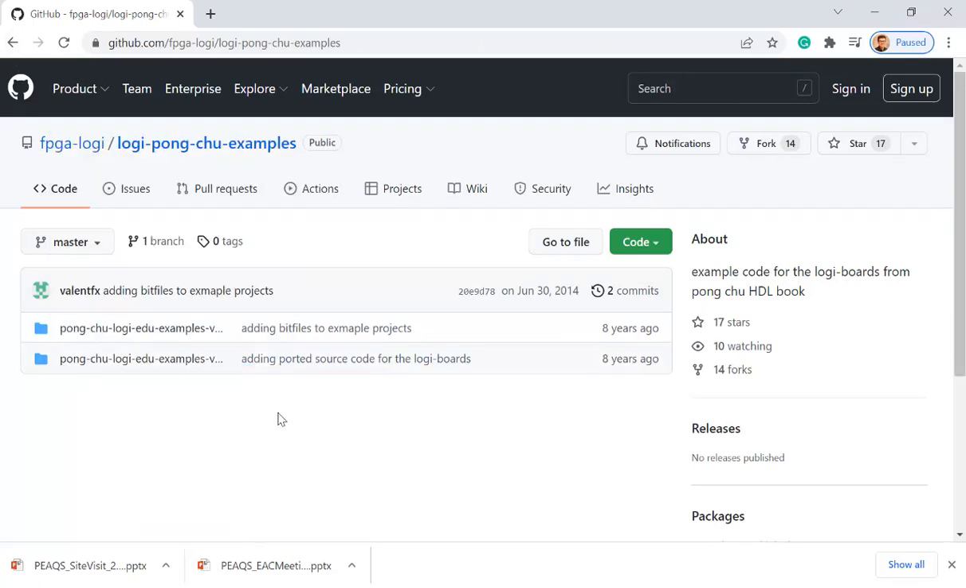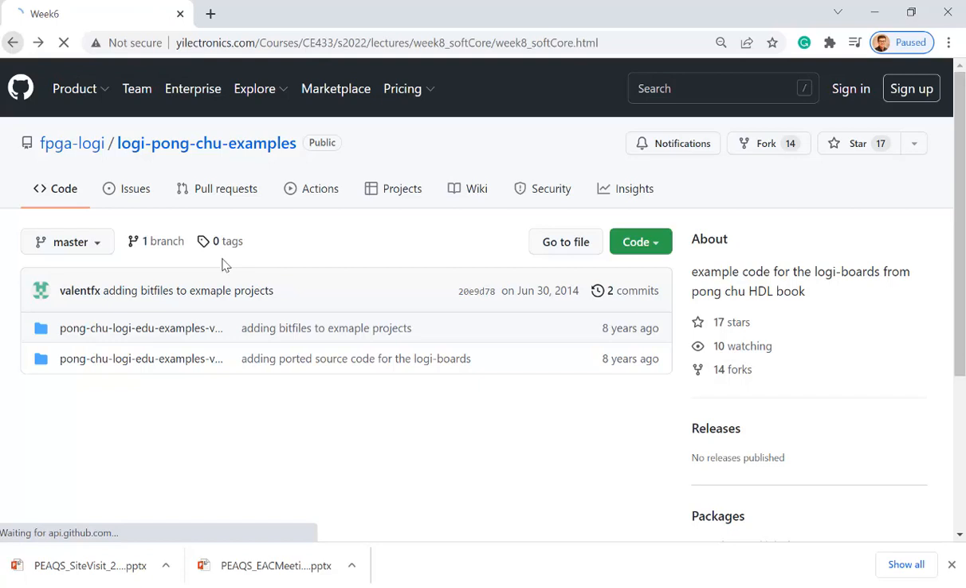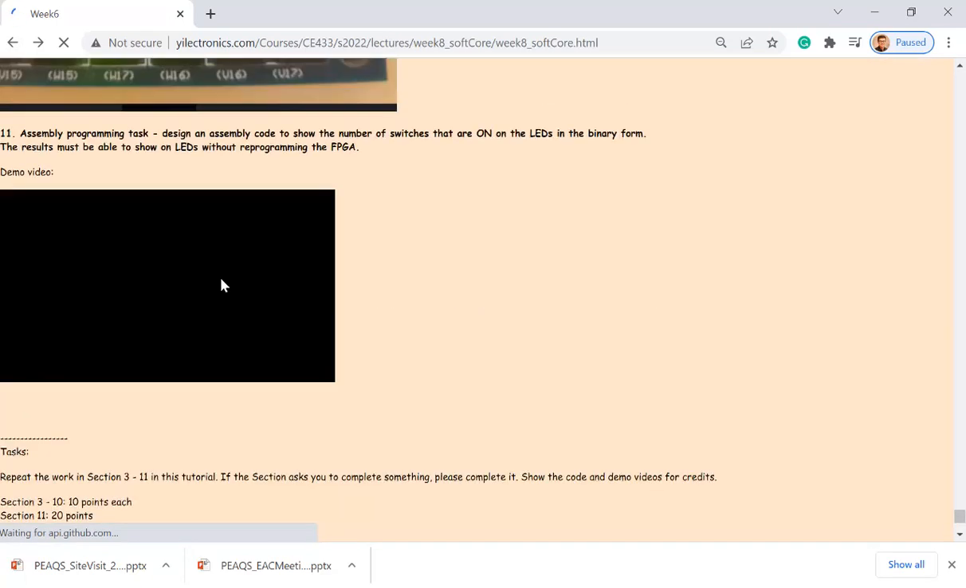It has a VHDL version and a Verilog version. You want to use the Verilog version, and it has all the critical listings in the book in here, so you don't have to type up everything by yourself. Second, I highly recommend you